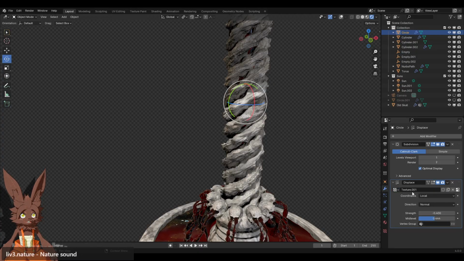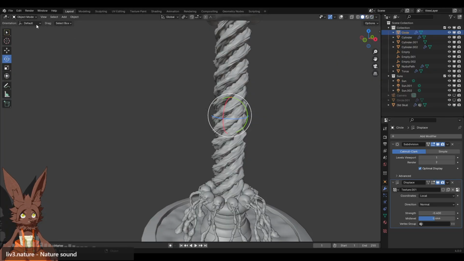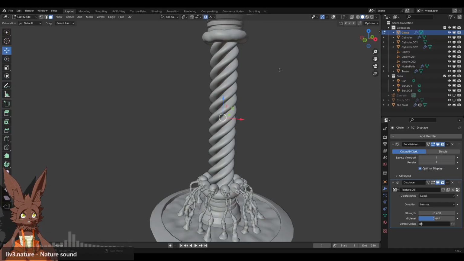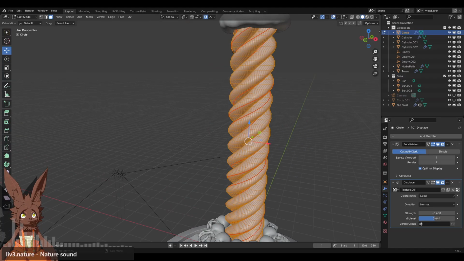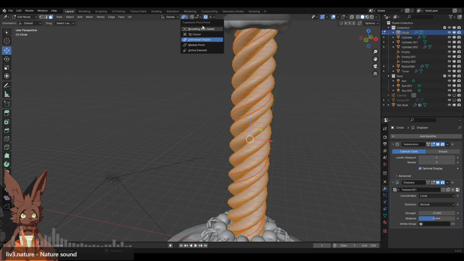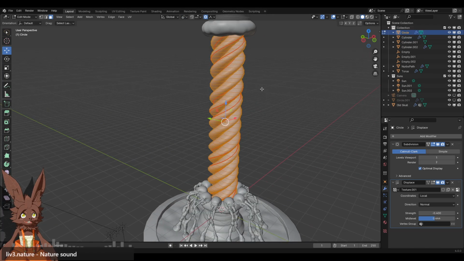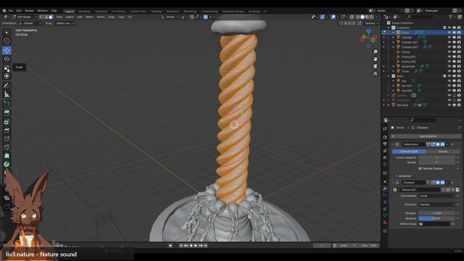Yeah, 0.4 is just too much. Is there any way for me to do that? Like, click this. Click on everything. Then individual origins. Scale. It's just going to scale them straight down. Active elements. Yeah, like I don't know how to scale